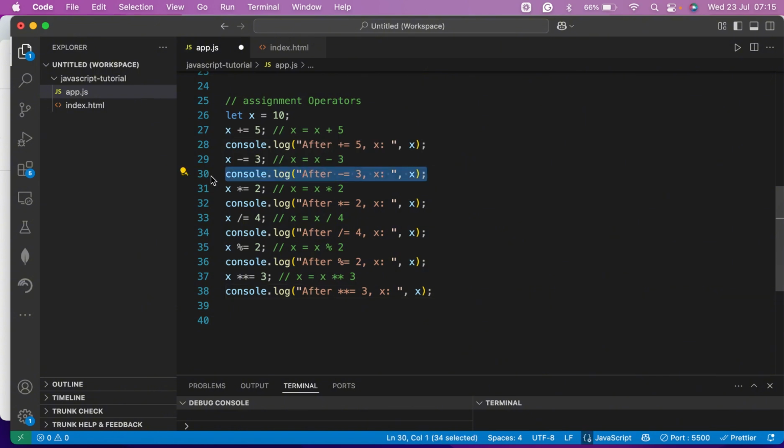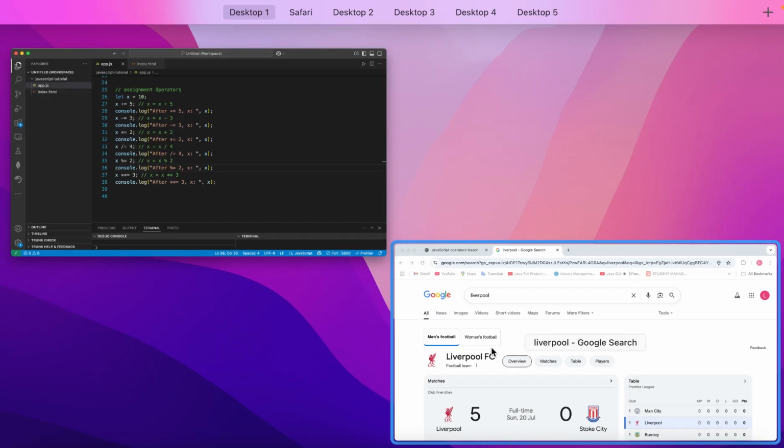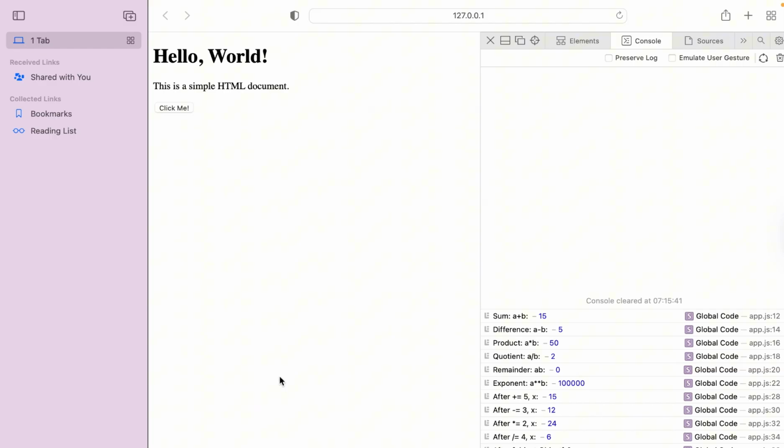So now let's console.log the values that I've just explained. If I save with Control S, and then go back and refresh,